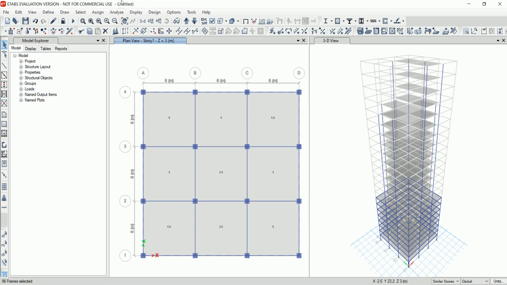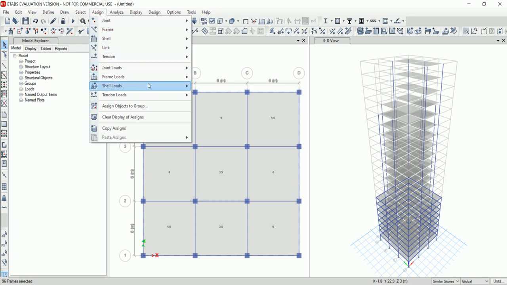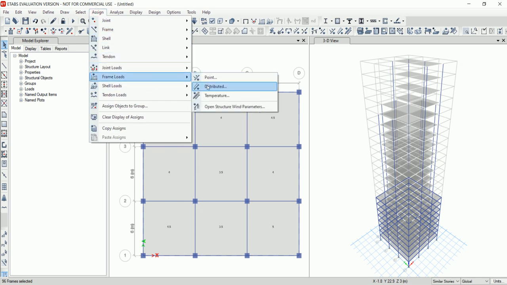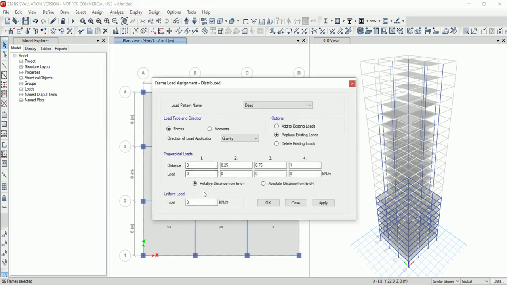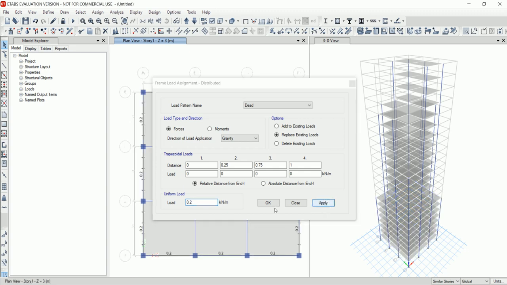Now, after selecting the external beams, go to Assign and click on Frame Loads and click on Distributed. Set the load to 0.2 kilonewton per meter and click on Apply. Click on OK.